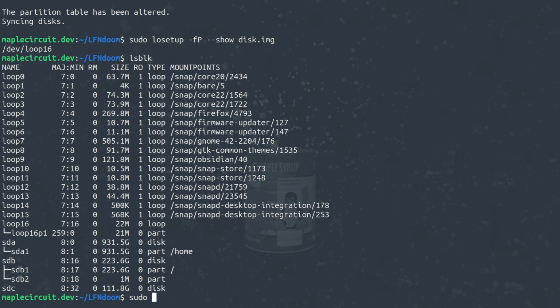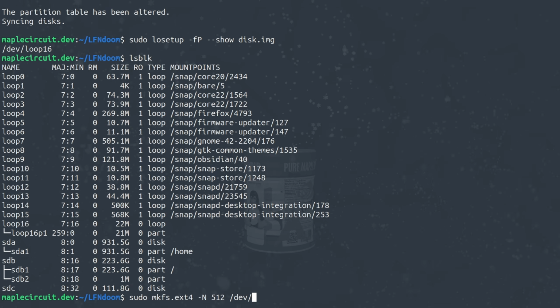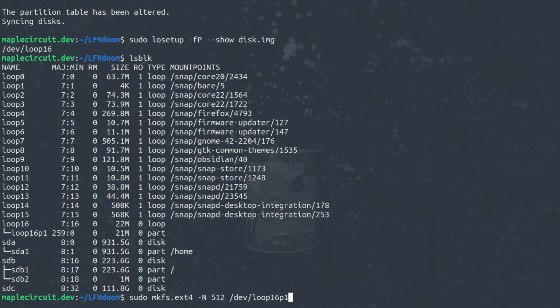So with that, we can start actually formatting our partition. Now, we will use a slightly modified ext4. What do I mean by that? ext4 by default is extremely expandable, so you can extend it however you want, okay? You can extend it 10x and it will still work. What that means is that when you have a really small file system like 22 megabytes, it will create so many inodes that it will actually fill out a great part of your drive. So to be able to counter that, we will actually tell it, hey, I don't want 36,000 inodes, I want 500 inodes. So we do that using the sudo